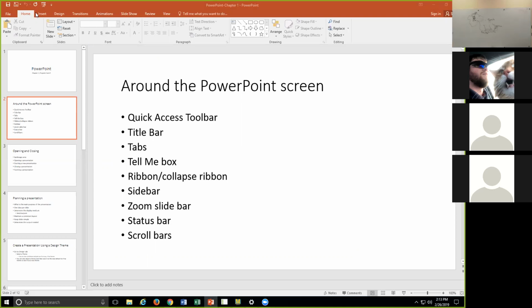As with before, we've got all of these tabs up here on the title bar. File brings you back to the,